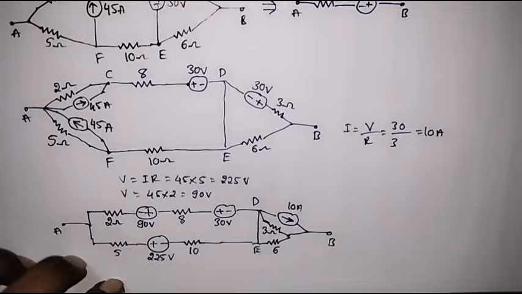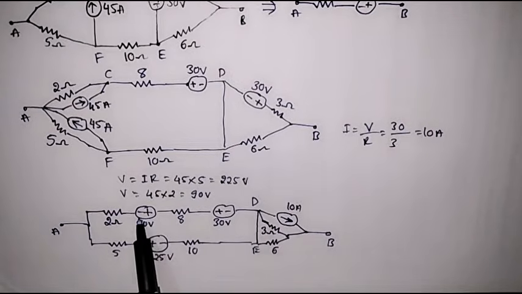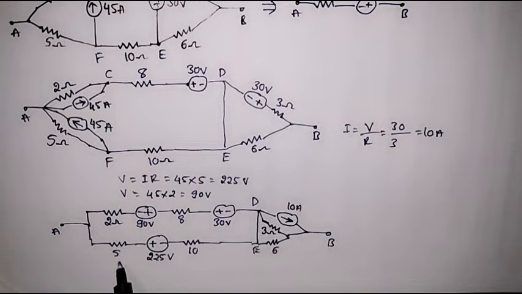This is terminal B. So this is the further reduced network. Now here we can observe that 2 ohm resistor is in series with 8 ohm resistor. I can replace this with 10 ohm resistor, and 90 volt voltage source is in series with 30 volt voltage source, and the polarities are opposite to each other. So we are supposed to take the difference, that is the voltage value of the new voltage source is 60 volt with polarity plus minus. We are supposed to follow the polarity with respect to highest magnitude, and here 5 ohm resistor is